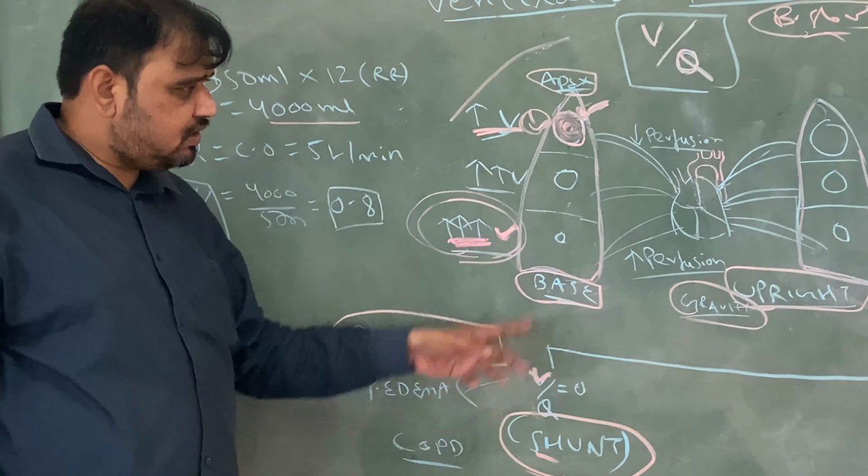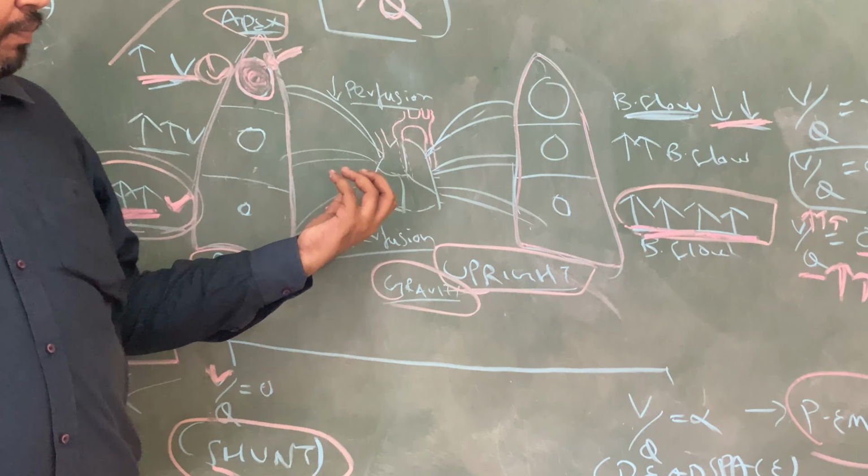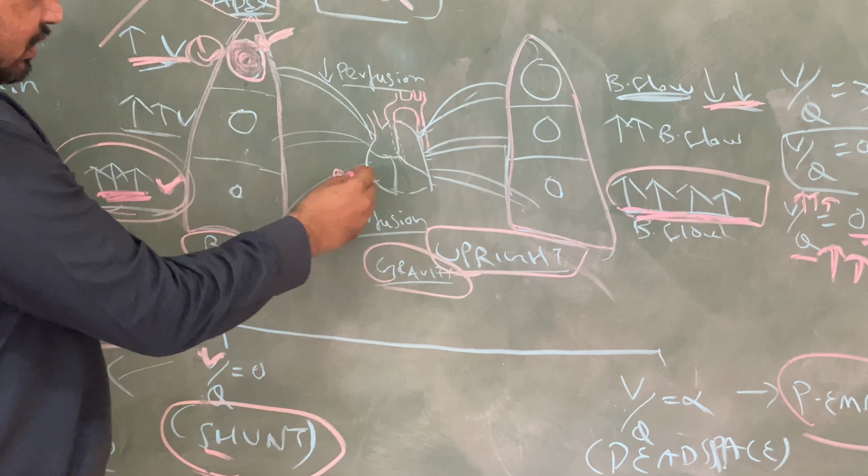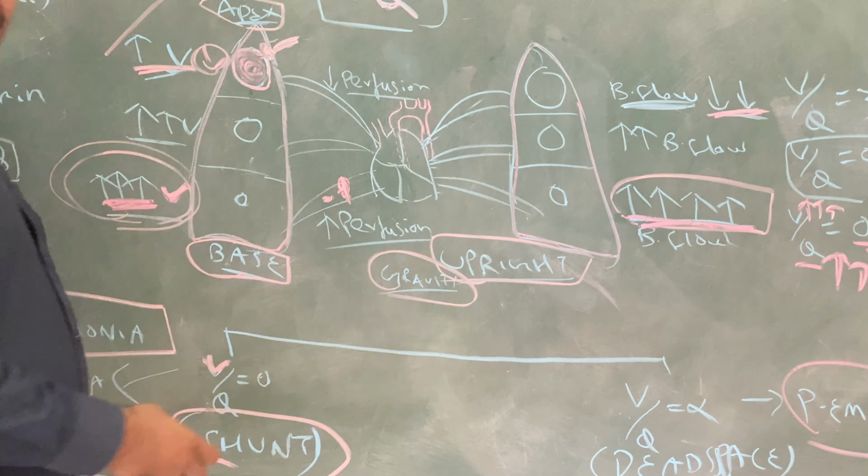Now coming to another condition, pulmonary embolism. For example, imagine this artery is carrying an embolus. So just concentrate. Imagine the artery which is supplying the base of the lung is having some embolus. An embolus will be obstructing the artery. When the artery is obstructed because of the embolus, what happens to blood flow? The blood flow will be decreased. Or imagine a complete block, so the Q becomes 0.